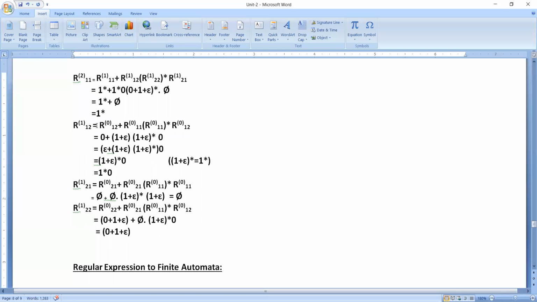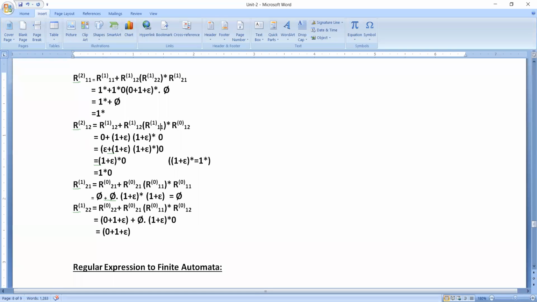Okay. Now we need to do the same for the next one, R12 power 2. Now this one will be R12 power 1, because k minus 1, plus, and this one is also 1, and here we have ik. k value is 2, so here we will get 12, and as k value is 2 here, it will be 1, and here it will be 22.